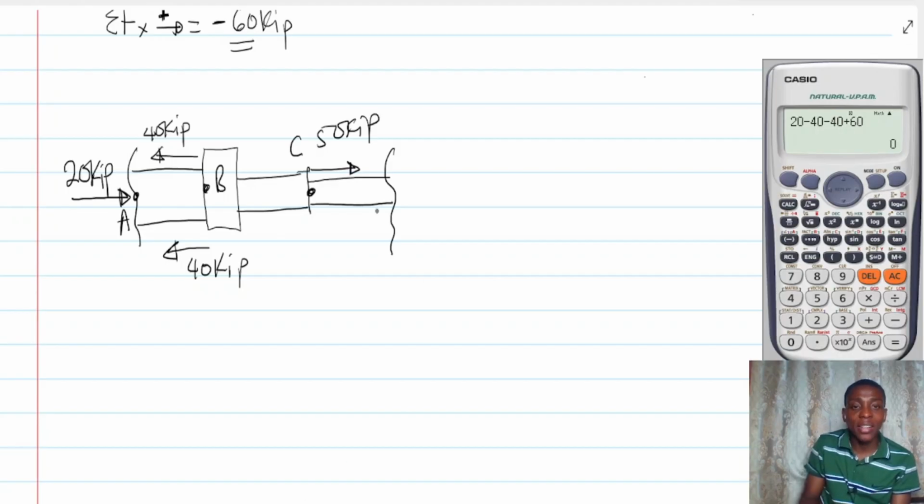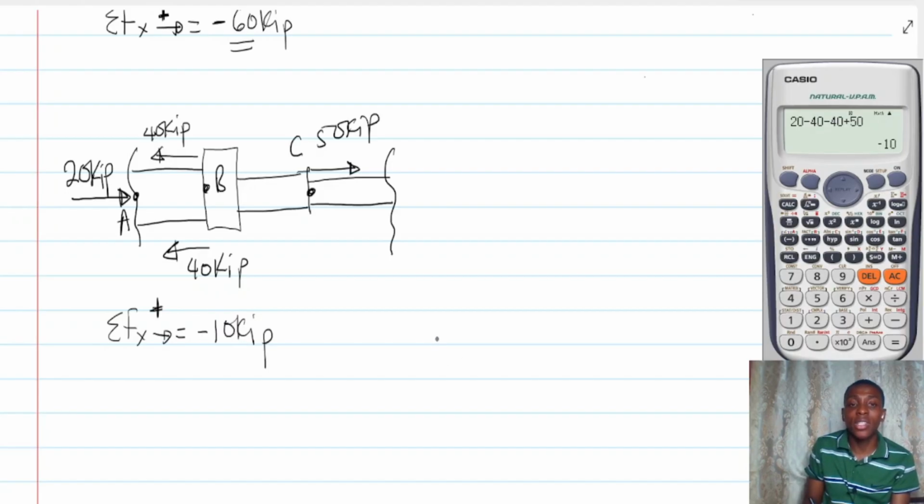Now, again, let's look at the forces acting on the whole of this portion. If you look at the whole of this, we are going to sum forces along the x. What are we going to get quickly? So 20 minus 40 minus 40 plus 50. What is it? Minus 10. Wow. It means that the summation of all of the forces acting on this portion is 10 kip